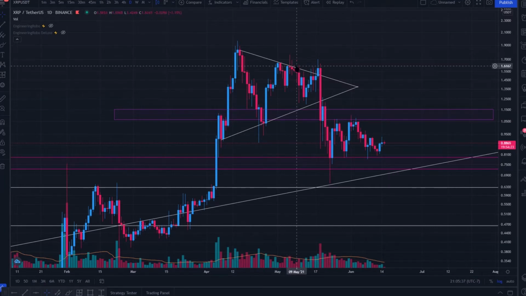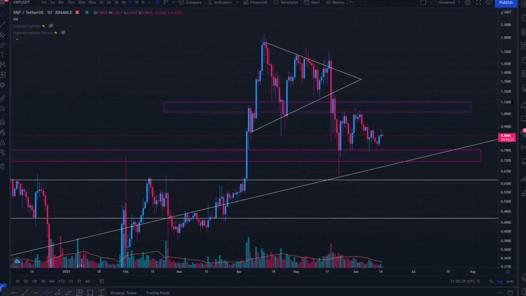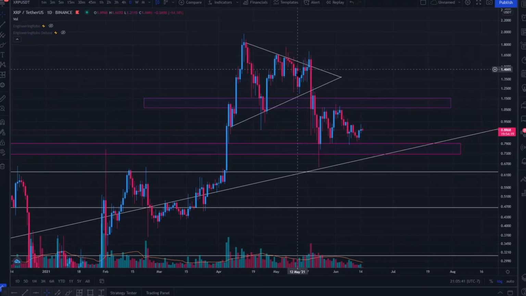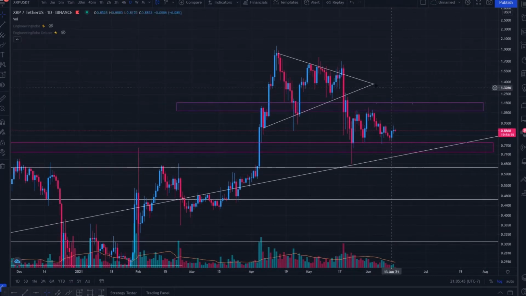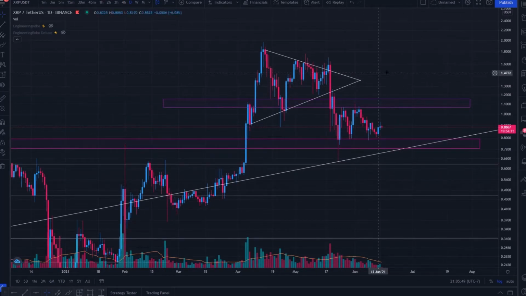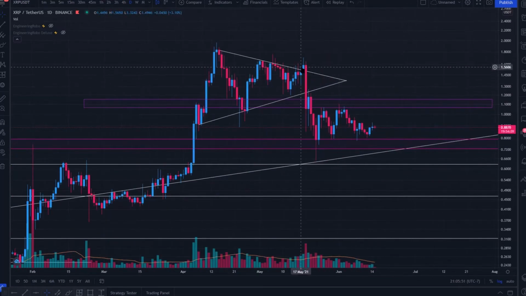Resistance found at that level was significant enough to break us all the way downward, even though we were looking quite bullish, and a break upward was the more likely thing to occur. In my opinion, this break downward was also not impossible, and momentum changed very abruptly. And so I believe a fake out occurred on the 18th of May. Momentum changed very abruptly on the 19th, and then on the 20th we had a little mini retest